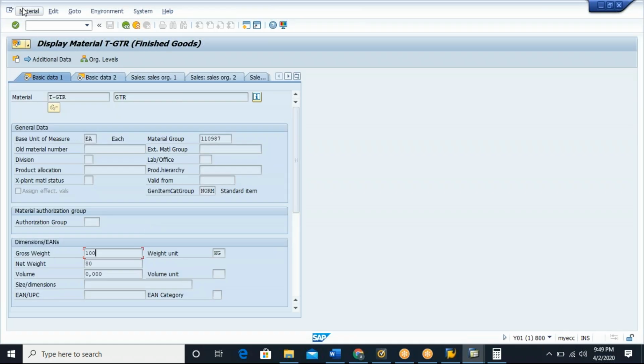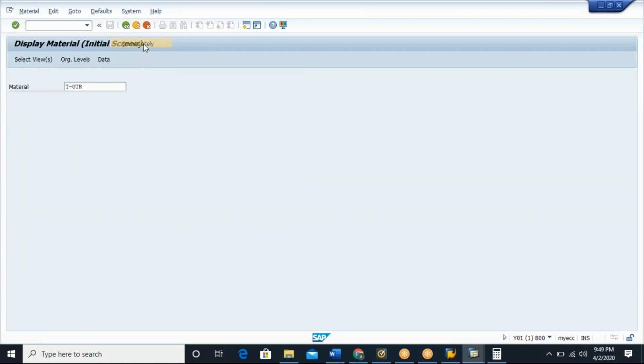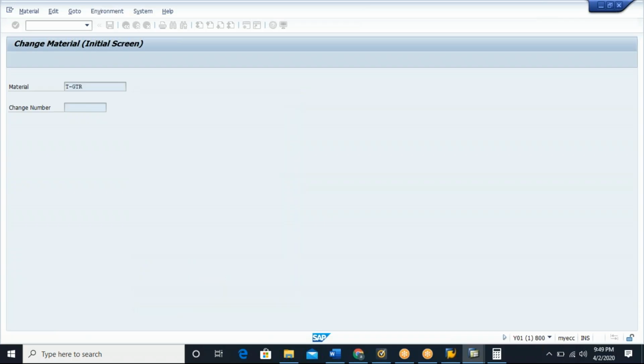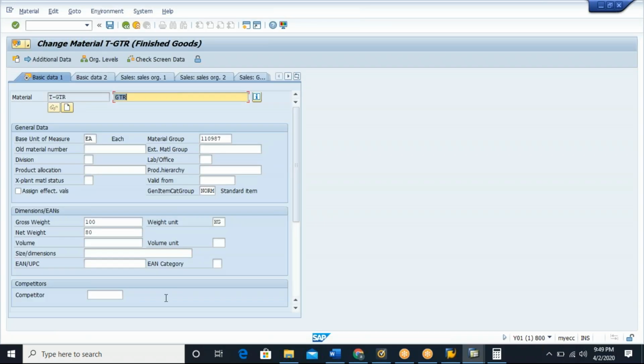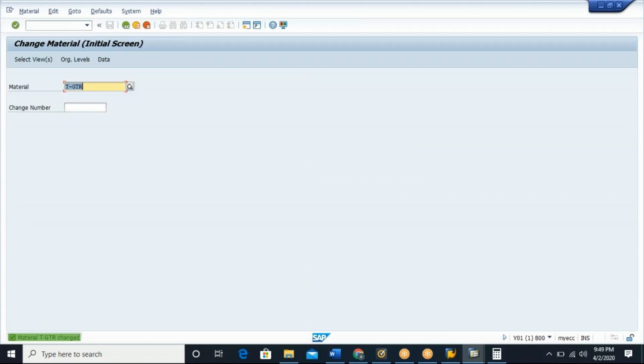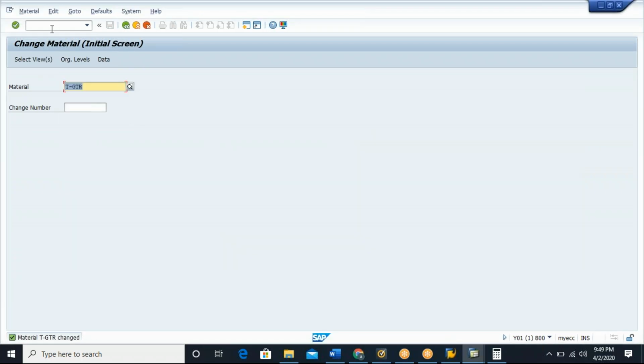And also I wanted to update the material weight also to some small weight. I hope you are able to follow, Vivek, Vijay and Swati, right? Okay. Each product is 10 kgs. So now if I go and maintain,